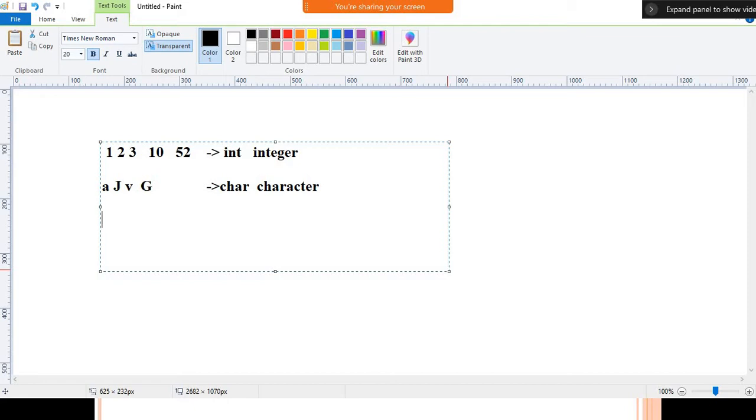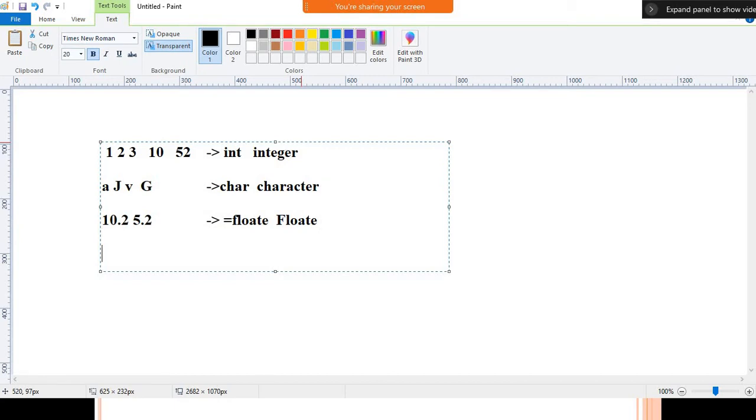If you want to use some fractional values like 10.2, 5.2, then we will use float. This one is what we call the fractional value data type. So this one is the keyword, and you make a note of that. Small case letters will be your keyword, and the one whose first letter is capital will be your